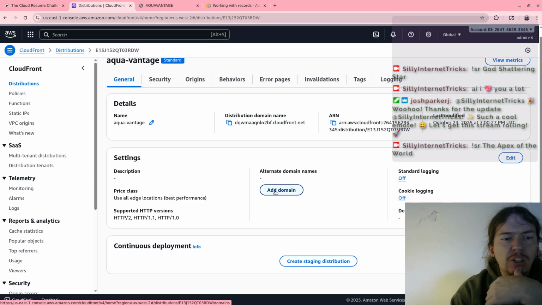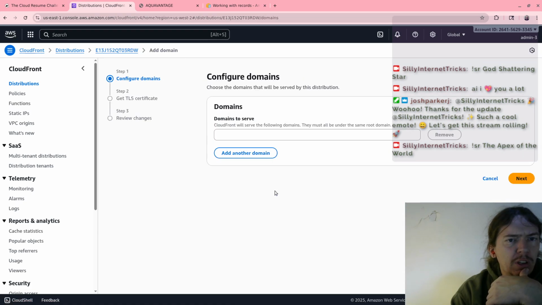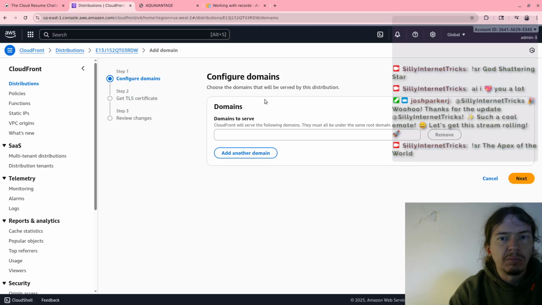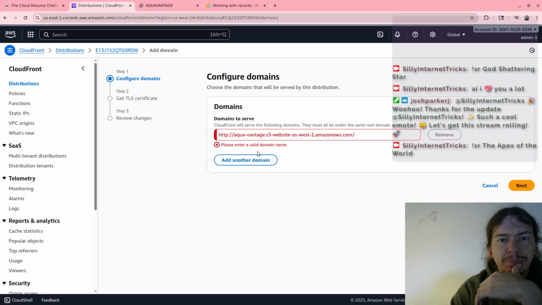So when it says add domain, is that going to go to Route 53, or what is it going to go to? Is this where I needed to be?